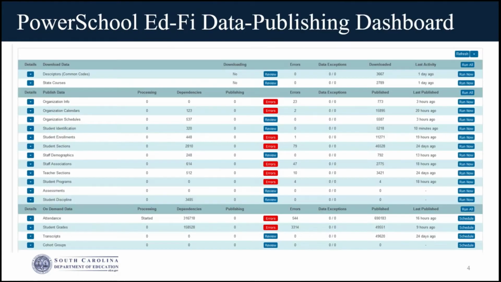So a couple things, by the way. Once a connection to the API is made and data has been published, you're going to see that data continues to publish automatically to the ODS from PowerSchool, and there is a data publishing dashboard in PowerSchool that can help you easily confirm that this is happening and whether or not something needs attention. So we're going to see, this is an example of what that dashboard could look like, and we'll get to that after we've taken some steps that need to be taken first.